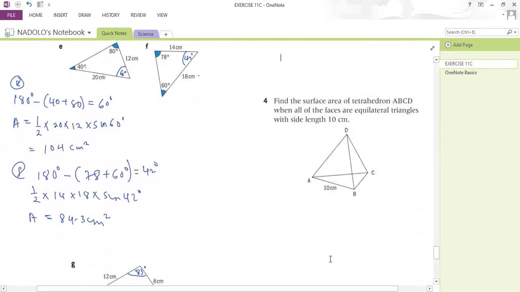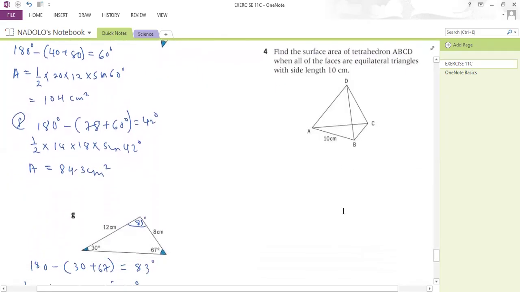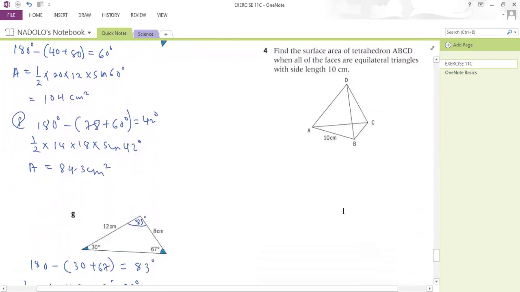Number 4, find the surface area of tetrahedron ABCD when all of the faces are equilateral triangles with the side length 10 centimeters. So we have all these triangles being equilateral and they measure side 10 centimeters. For an equilateral triangle, one property is all the angles will be 60 degrees. For example, if I take the base, I'll have 60, 60, 60, and then I'll have 10, and also all the sides are equal. So I can calculate the area of triangle ABC, and because all the triangles are similar,